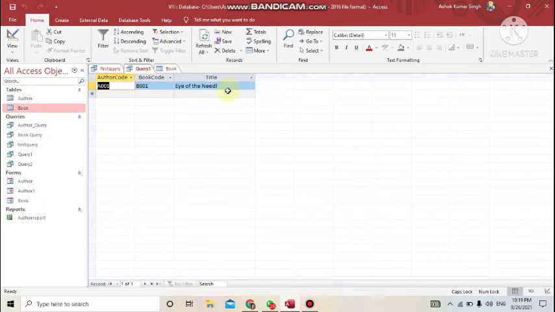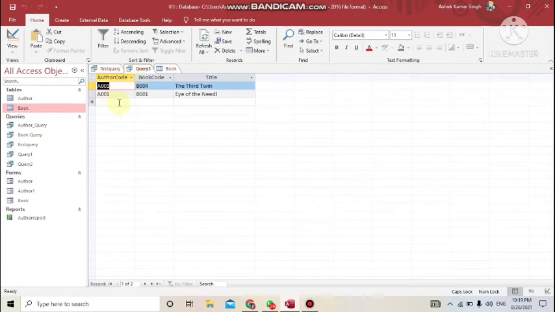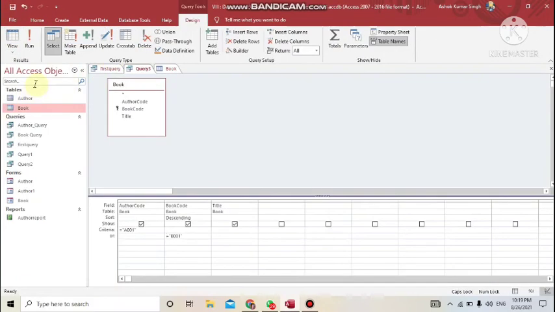If you want OR, means it's not like in a single row both the conditions should be met. It can be in different ones, like wherever A001, wherever B001, all those records. So how it can be done? By writing the second condition under OR category instead of criteria. You will remove from here and write down in the OR row the same thing. Now run the query. You will see there are two records again. The first one is the matching one and another one where A001 is there. So this way you can set the multiple criteria also for the database or for the query.